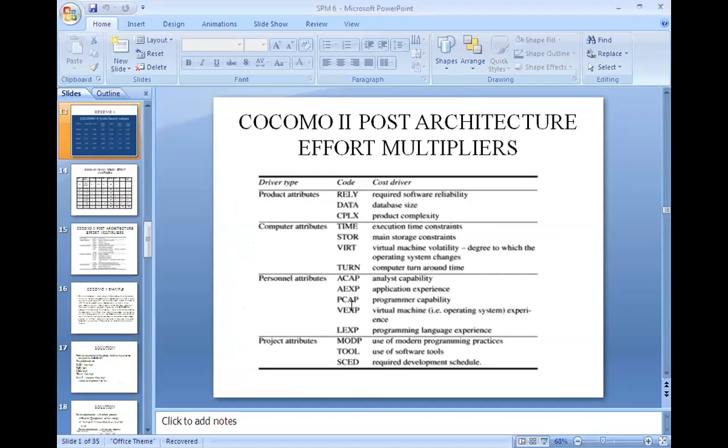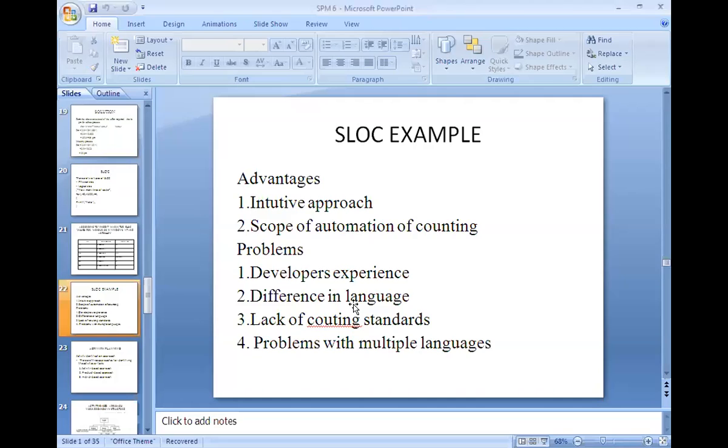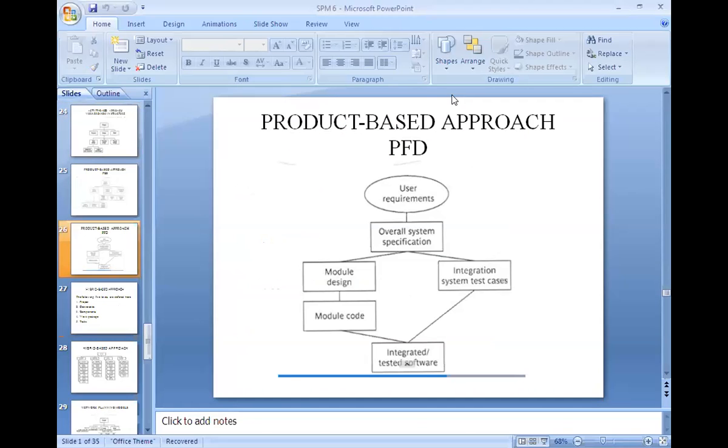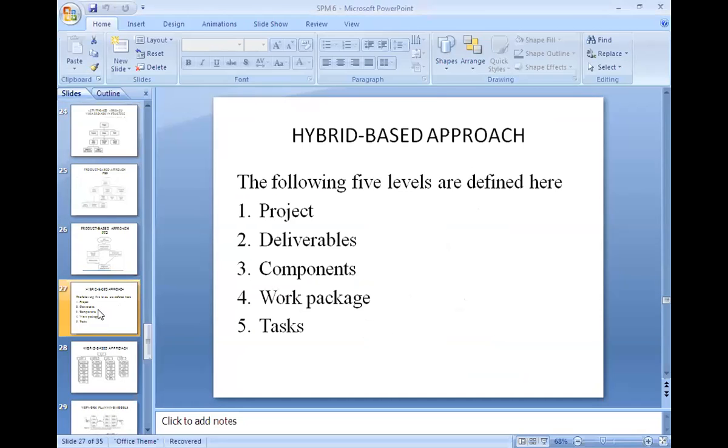Move to the hybrid. In the previous WBS, it is used for structuring the activities. In PDF we are using project products, which is the list of activities performed to produce a product.